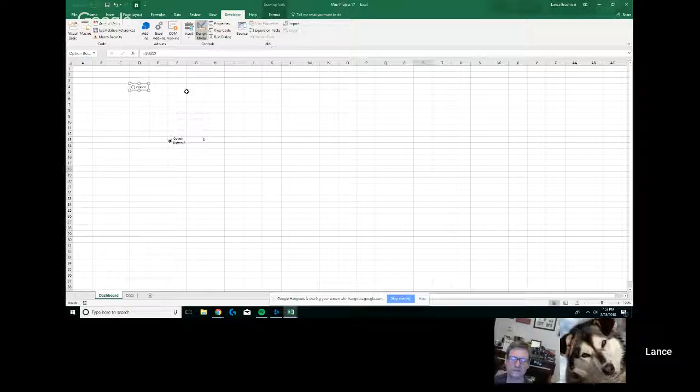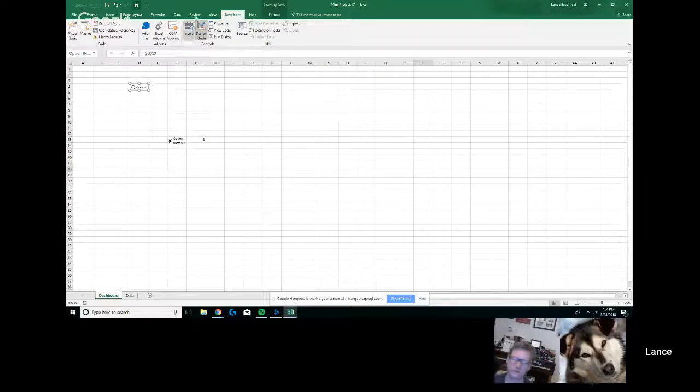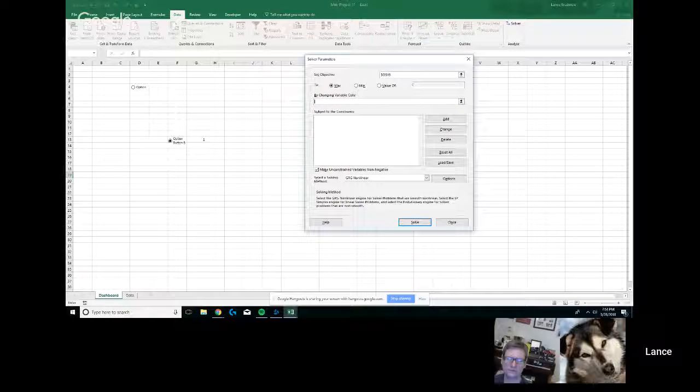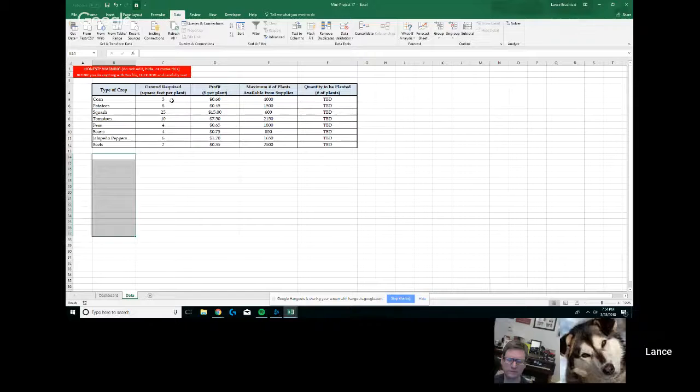Okay, so on the dashboard also include input cells that allow them to enter total types of land yield for profit. You would go to your data and go to your Solver, which is installed. The changing cells are going to be your acreage. So you're going to put your acreage in here as your changing variable, because that's the only thing that's changing. And then your constraints are going to be